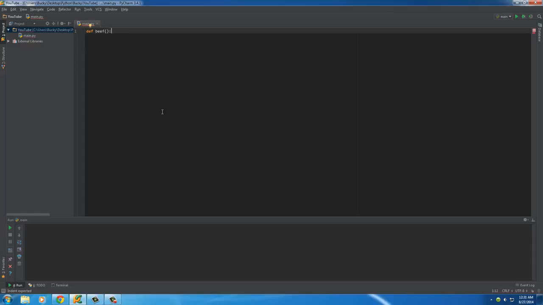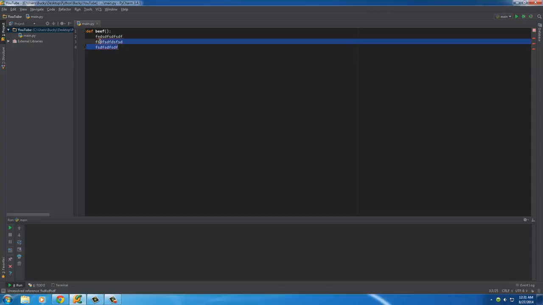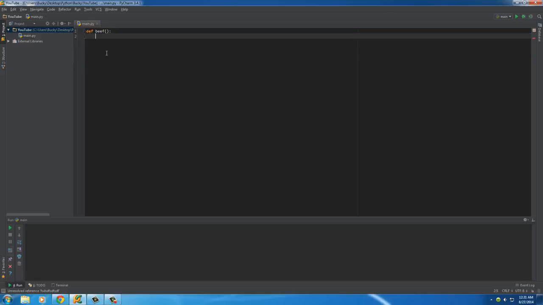Now, after this colon, hit enter, and any line of code that goes in here is going to be part of your function. So any line of code that's inside your function, whenever you use it later on, this is the part that executes. So we'll make this a very simple function, print something out, and we'll just write damn. Functions are cool. Alright, so this is a pretty useless function. Again, this is just a function called beef, and the only job of it is to print something out on the screen. So if you run this right now,